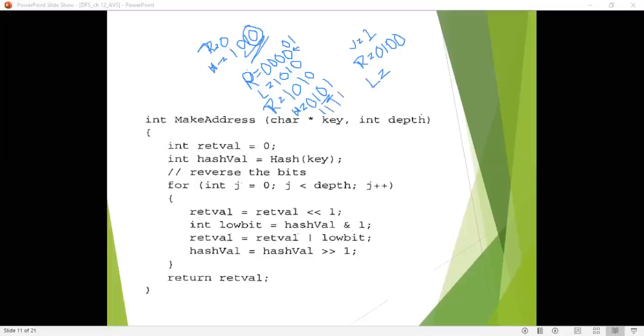How much will you get? 0 1 0 1 AND 0 0 0 1. So the low bit value after ANDing is 0 0 0 1.